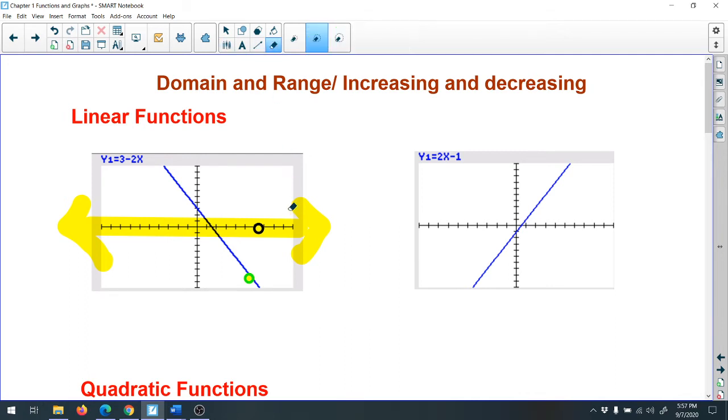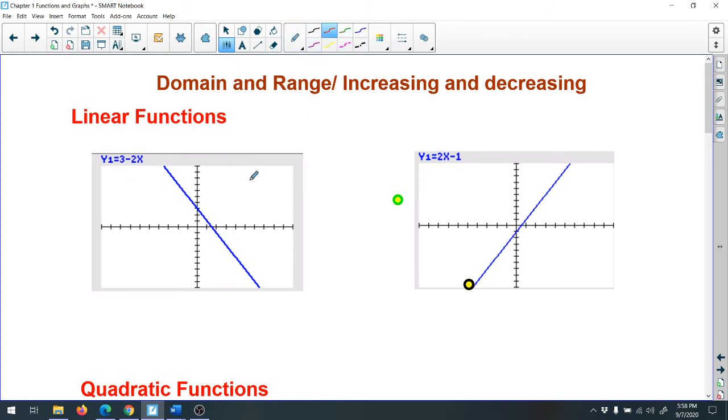The same with the other function. The same with this function over here. If you move along our line x minus 1, you will see -1, -2, 0, you see 1, 2, 3, and continue. Our domain will be covered by the whole x-axis here. So the domain here is simply